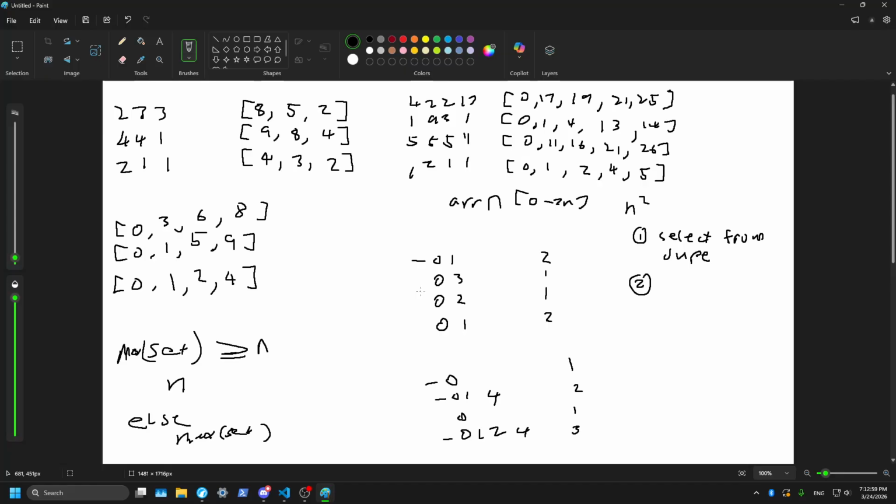Step 1 is select from duplicates. Step 2, select from max minus ones. Step 3, select from